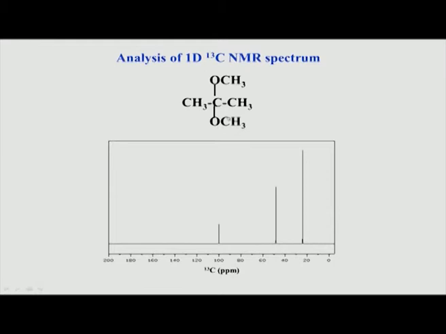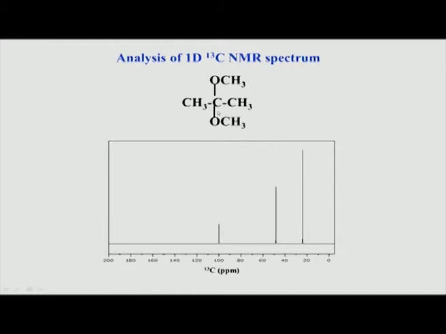So, therefore, the CH3 also comes somewhere between 0 to 20, but 0 to 20 will not hold if there is an oxygen attached. So, again, if you look at that chart which we had seen earlier, it was somewhere between 50 to 100 ppm given for the OCH2 or OCH3, and this is basically coming from there.